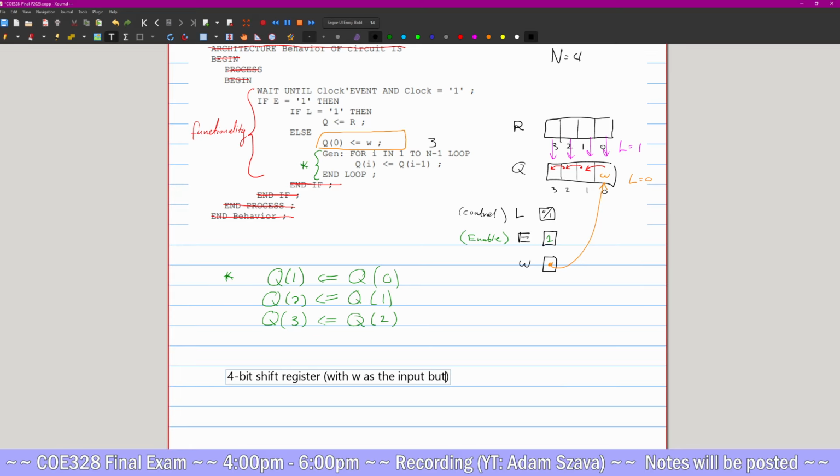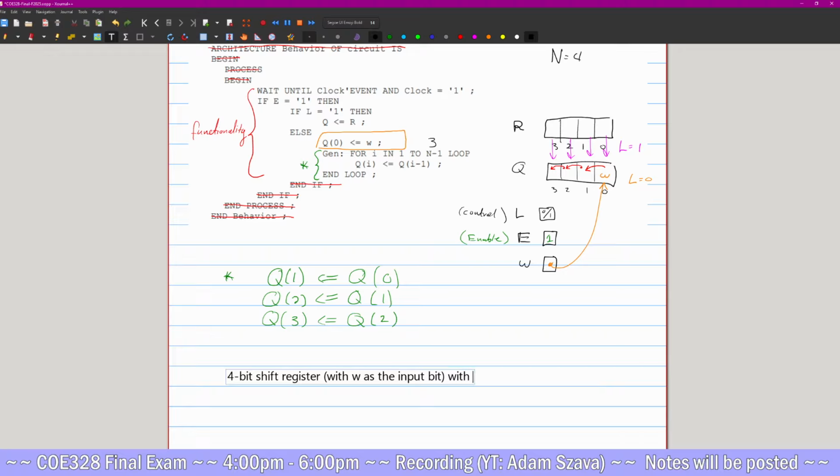Because if you have a shift register, then you have to know shift register means all the bits are shifting left or right. But no matter if you're shifting left or right, you're always going to be losing one and gaining 1 bit every shift. We're losing 1 off the left, and we're gaining 1 off the right. So a shift register always needs W as an input bit. So it's a 4-bit shift register